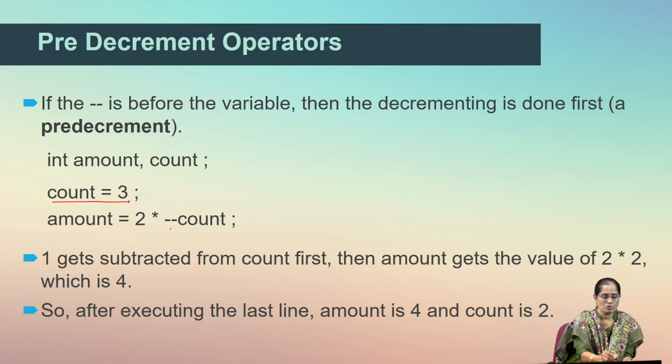If I use the pre-decrement operator like this, it first decrements the value of the count variable and then applies it for the multiplication operator. So, when the count value is 3, the value now gets decremented to 2 and then it is used for the multiplication operation. Henceforth, the result of the multiplication operation will be 4 and the value of the count variable is now